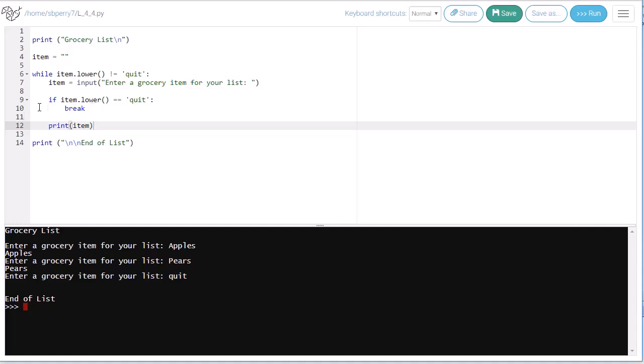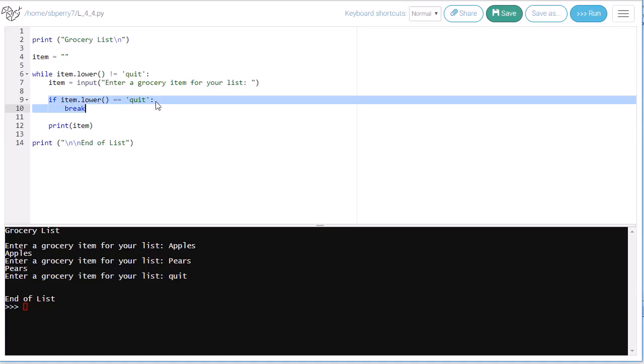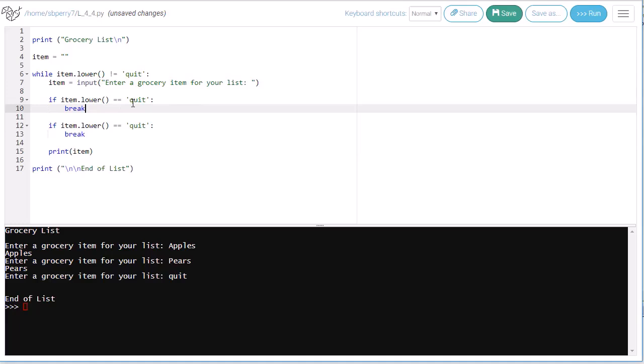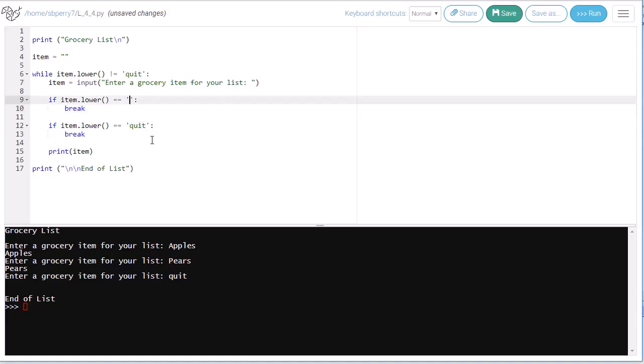Now, let's say I want to allow for the condition where someone just hits the enter key. They don't enter any value. Okay, so I'm going to say if item.lower() equals quote quote. I can use either double quote or single quote. Either is fine. They're interchangeable in this case, but you've got to end with the one that you started. So remember, this is called an empty string. There's really nothing in between. It's not even a space. So it's saying if the item entered is nothing, which is what it will be if I just hit the enter key